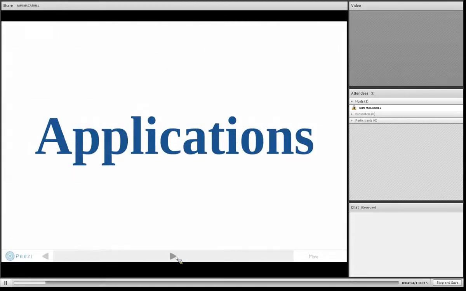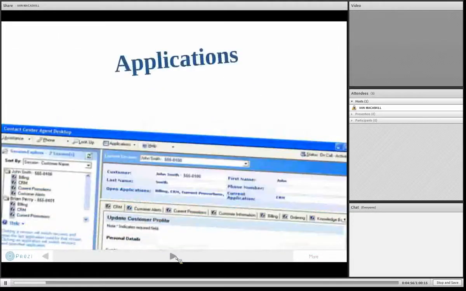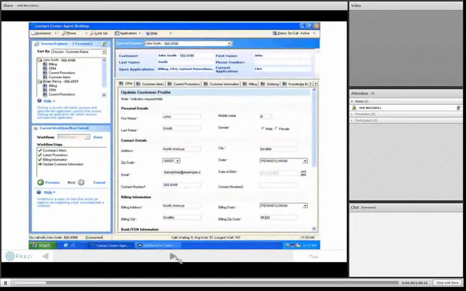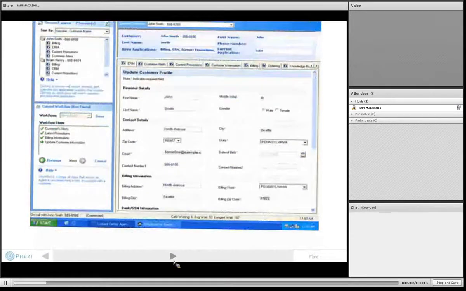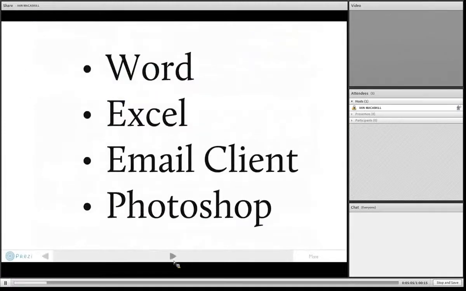And some examples of applications would be like Word, Excel, even an email client like Outlook, or Photoshop, for example. So these would be a concept that we're all familiar with. And it's only recently that we've kind of started to see a new trend of applications that appear, and these